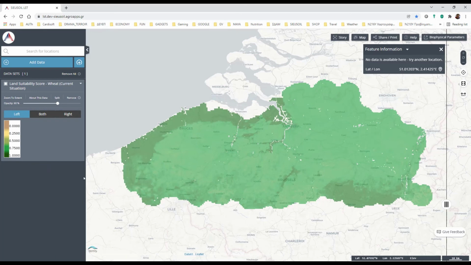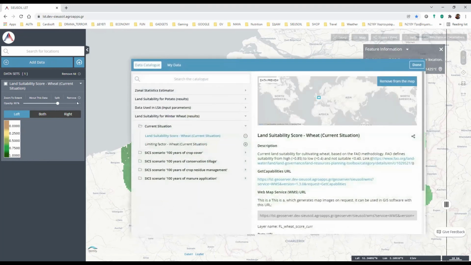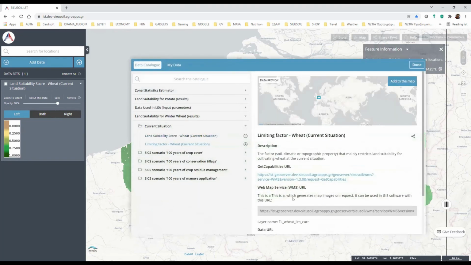You can clearly see the areas with high scores, and the rest of the area. Of course, the score is still high, but it's smaller than the dark green areas. And you can also add the limiting factor.